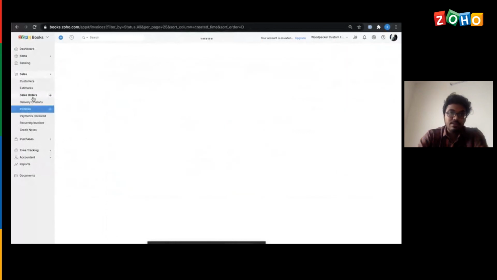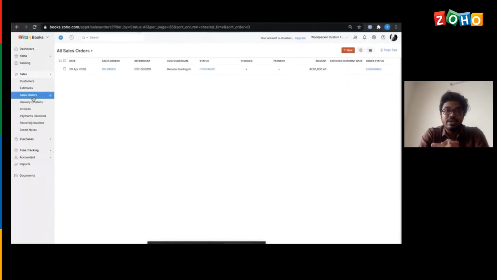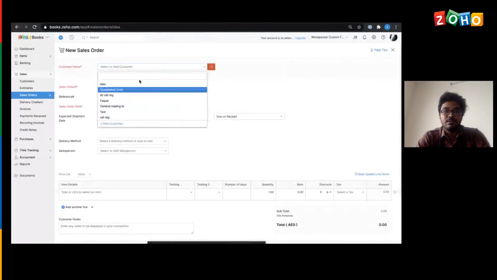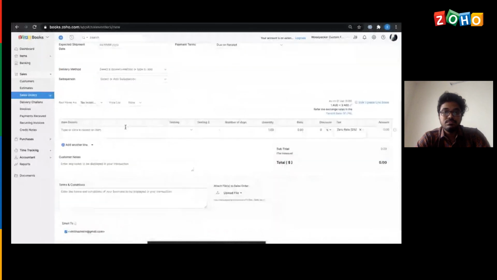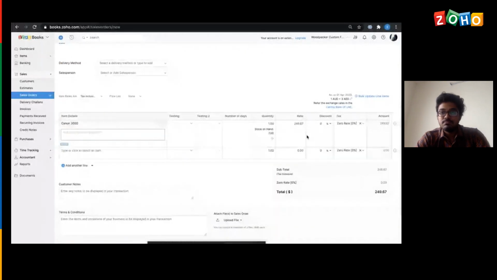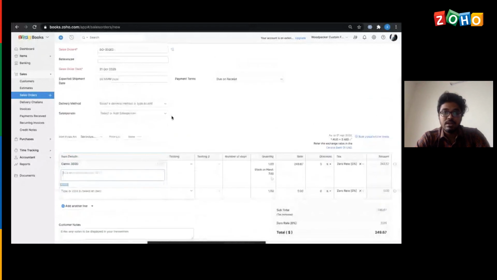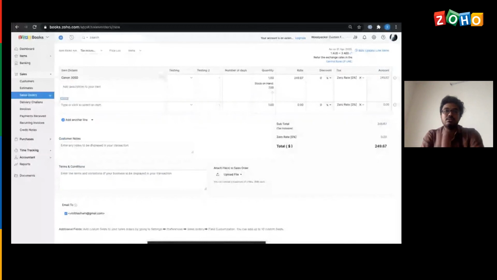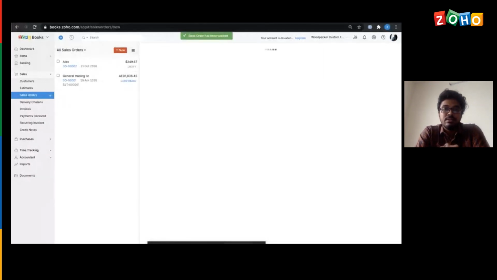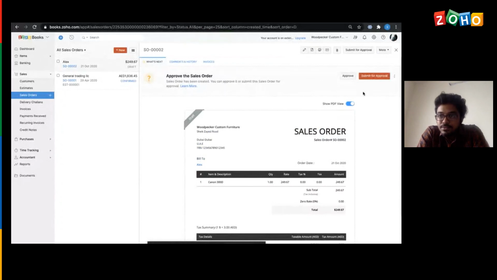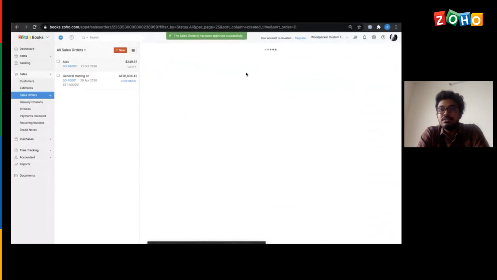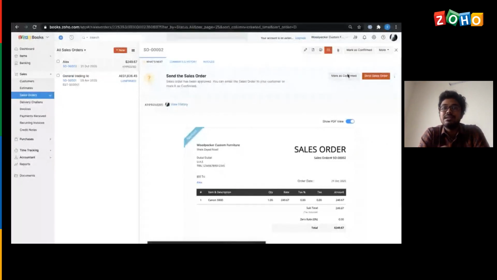So let's try whether this workflow rule is working properly. So I'll have a sales order created, and I've chosen today's date as the order date and save this sales order transaction. As I have said earlier, within a few seconds we can have this viewed under the comments and history section on what all the actions that have been performed on this sales order.